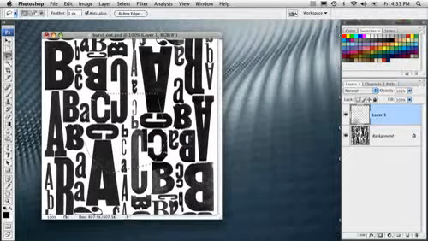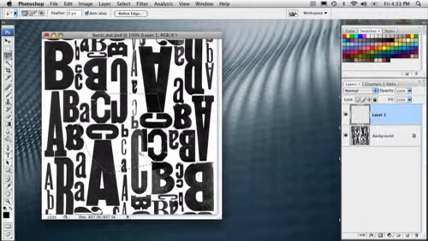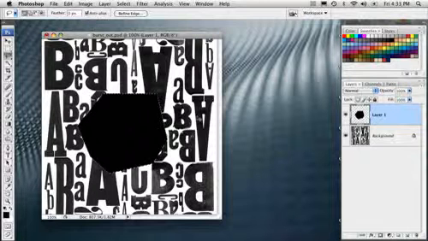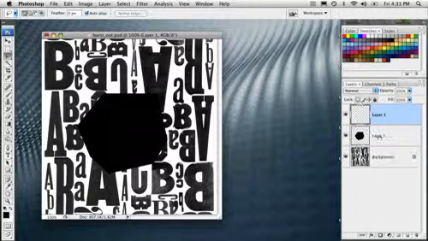Next, we're going to go ahead and fill that selected area with a color. I'm just going to go ahead and fill it with black in this case. So I'm just going to press Option Delete, which will fill the foreground color into that selection. I'm going to go ahead and deselect that, and I'm going to create another blank layer right above